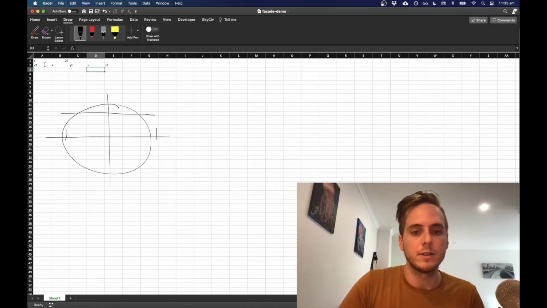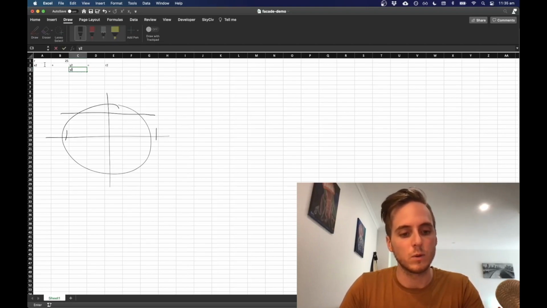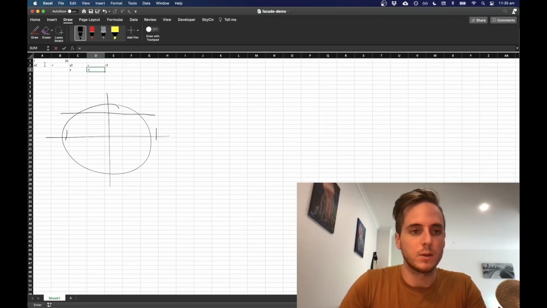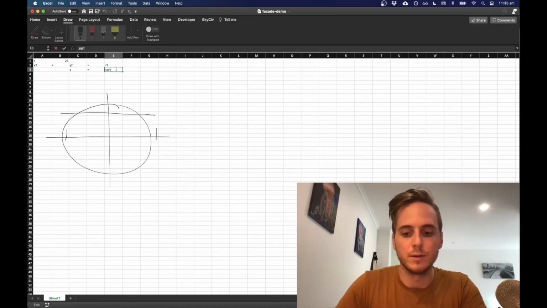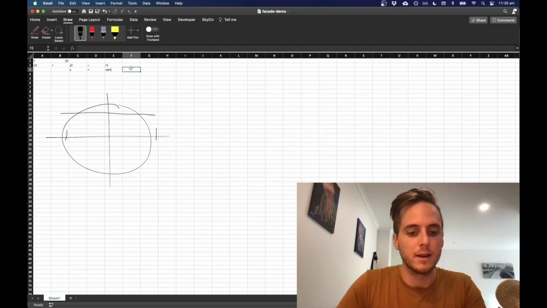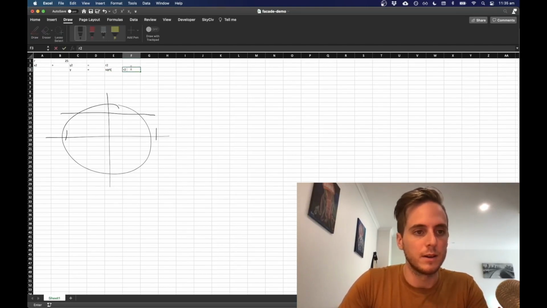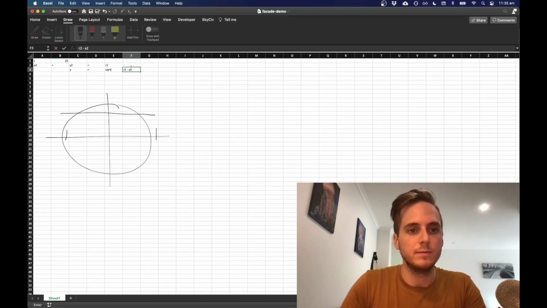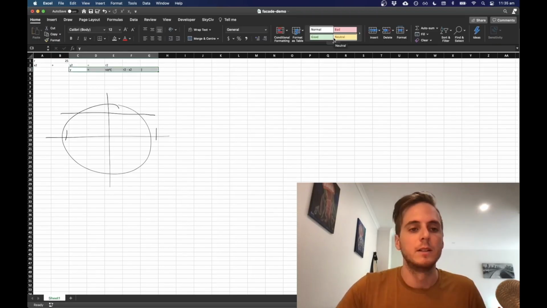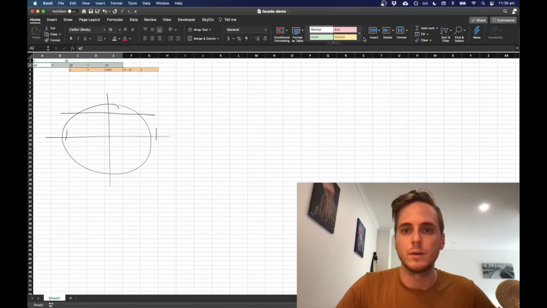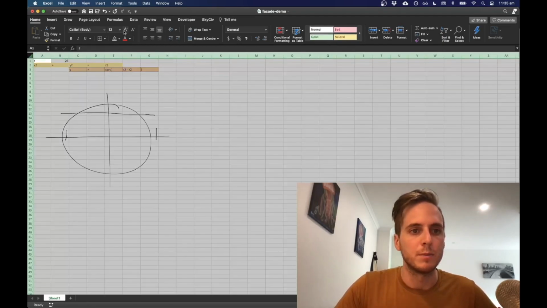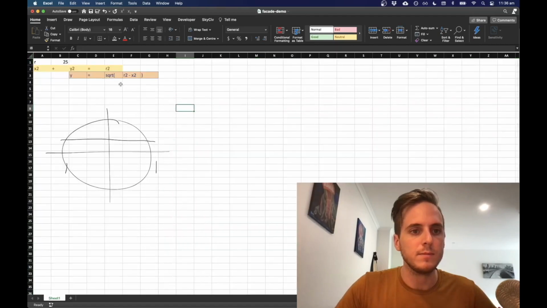If we rearrange this, because we want to find the y value, we could say y is equal to the square root, and we might even open the bracket there to make that obvious, of r squared minus x squared. Let's just give this a bit of color, put input and that one yellow. Might just bump this text up as well. All right, so now let's